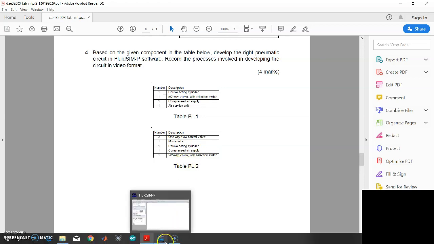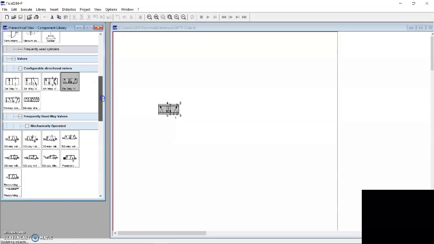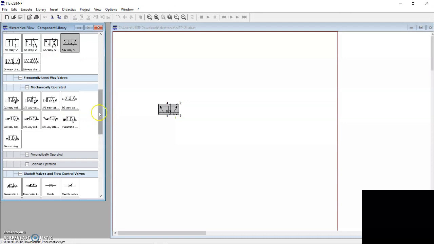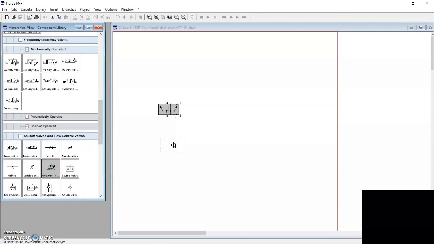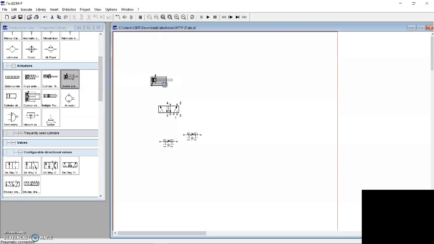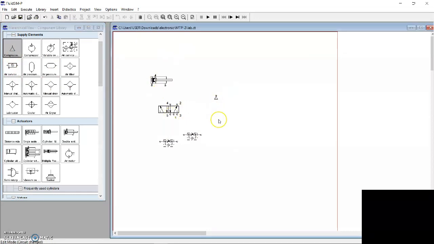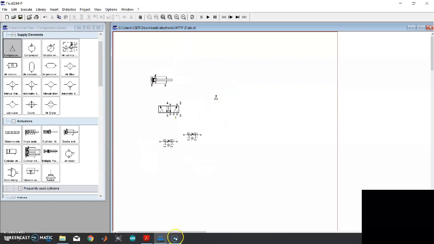So first we choose the items: one 5-way valve, two one-way flow control valves, a double acting cylinder, and a compressor.